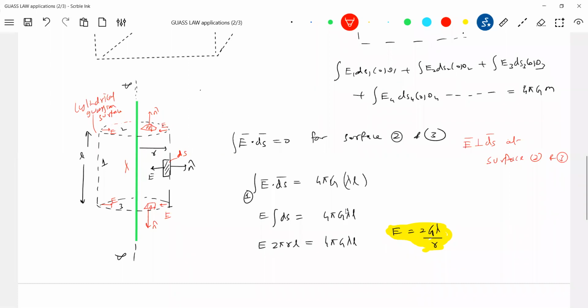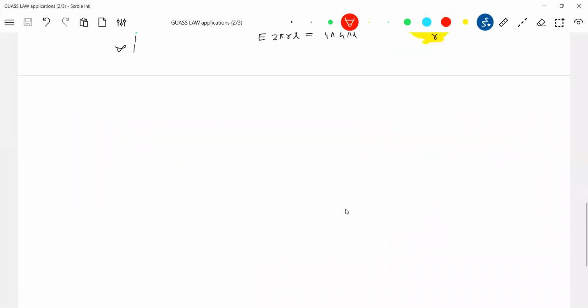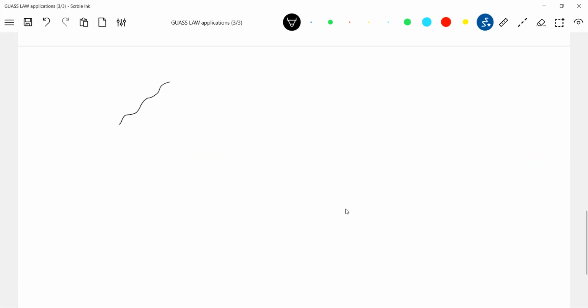So shall we slowly take help of this one only? Due to a large sheet, we derived an expression in the morning. Anybody, can you give the answer? How much was it? In terms of sigma, you bring it. 2 pi sigma g, sir. 2 pi sigma g. Only this much? Yes, fine.